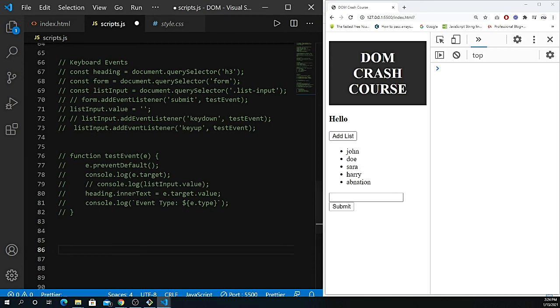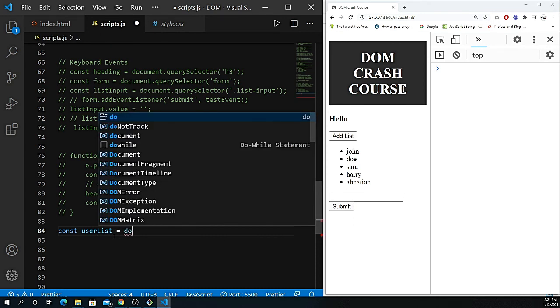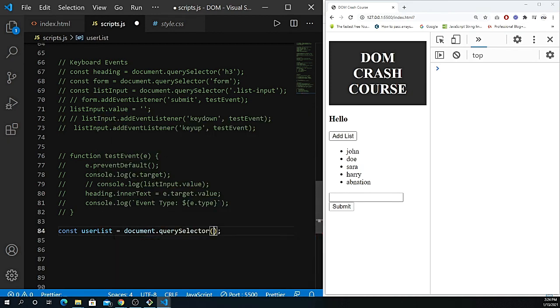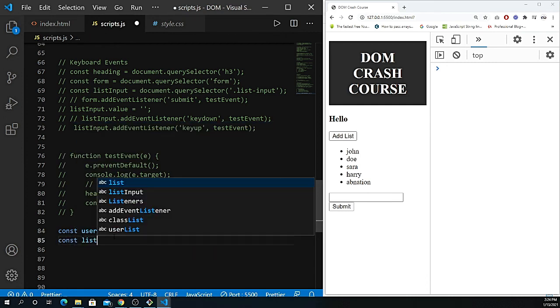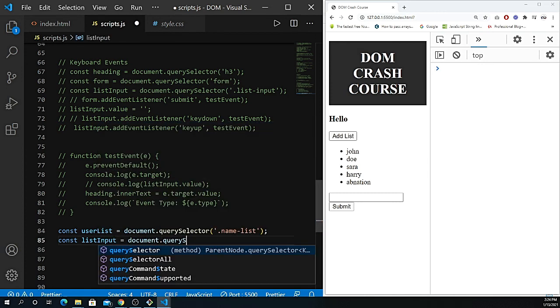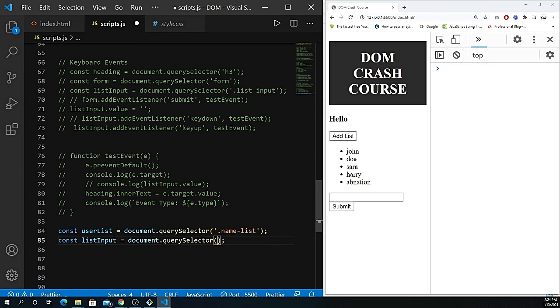All right, so let's create a user list. I'm going to create the variables again. For the user list, I'm going to define document.querySelector, and inside that I want my name-list. All right, next I need my list input, so document.querySelector, and inside that I'm going to bring the list-input,